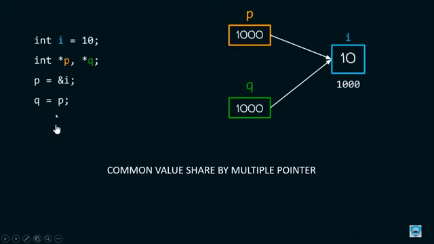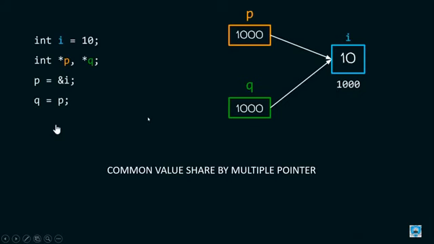But in this statement, when my cursor is moving, please concentrate. q = p means this another pointer variable has the same replica, the same duplicate of p. So this q also stores the 1000 location, and this p pointer also stores the 1000 location.